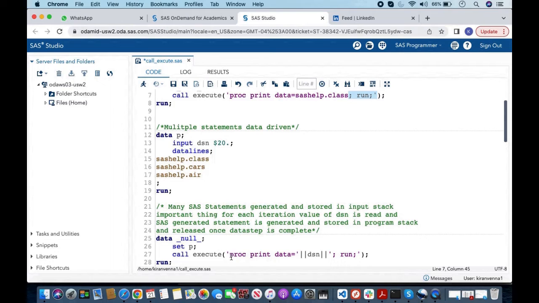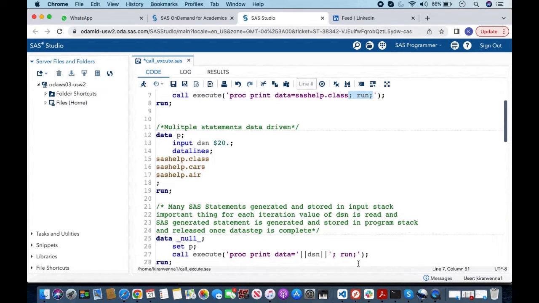I write everything up to here in quotes, and for the SASHELP.CLASS part I concatenate with the DSN variable, whose value comes from this data set,